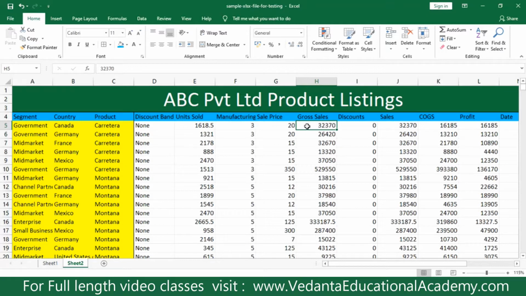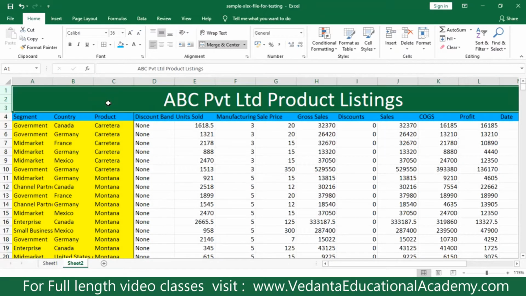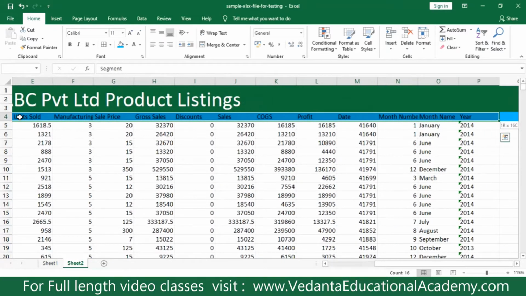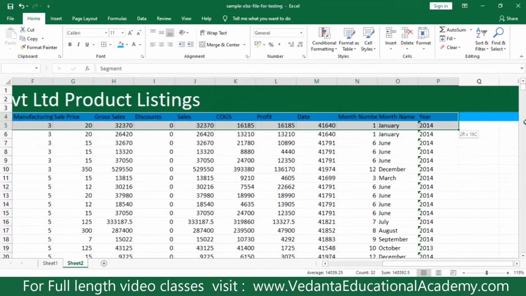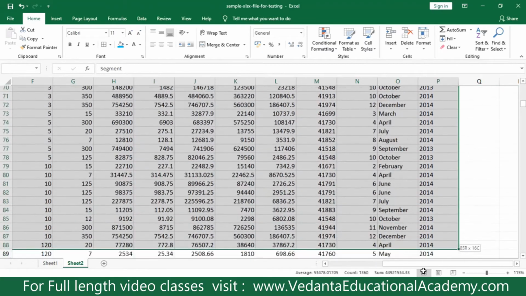So in that case, very simple. Some students are selecting the whole sheet. Please, I'm requesting all, the system cannot understand how to apply filters to the blank area. So you do not select the titles, but you need to select the headers, right? From the headers, press Control Shift right arrow to select the range automatically. Otherwise we need to select by moving the cursor, and it is highly difficult to select the proper data. Again I need to come down to total 700, so it is highly difficult to use the mouse, right?